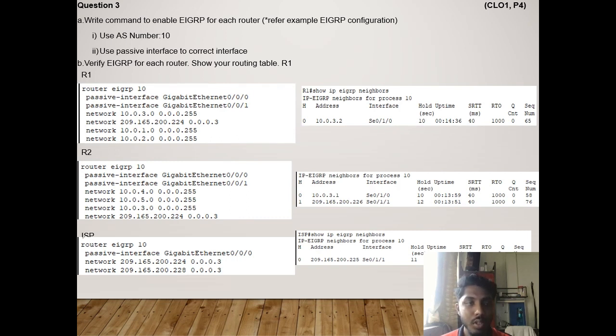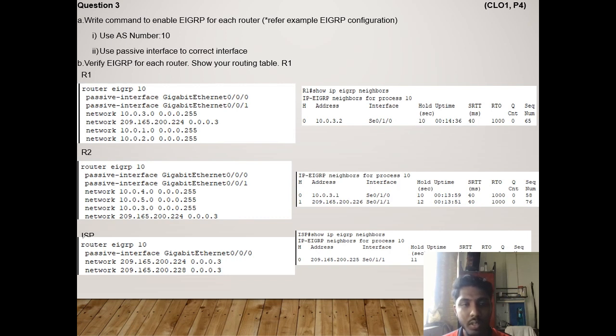On router 2, we use router eigrp 10, and the passive interface I use on GigabitEthernet 0/0/0 and 0/0/1. The networks are network 10.0.4.0 0.0.0.255 and network 10.0.5.0 0.0.0.255